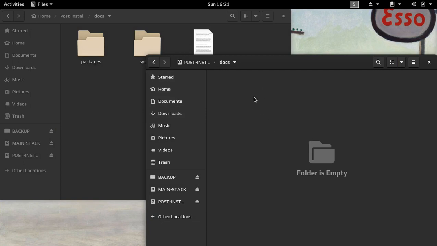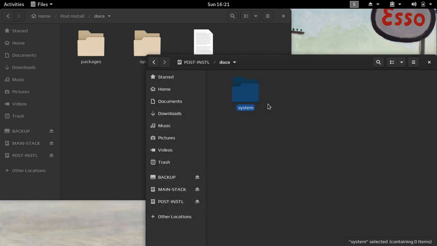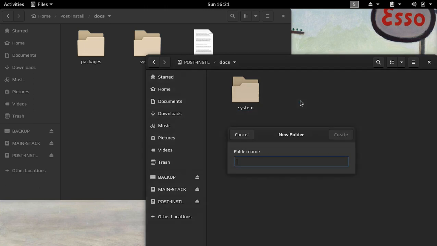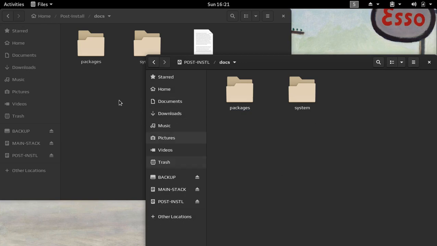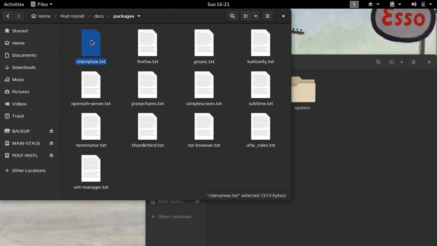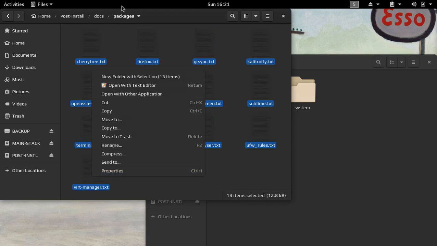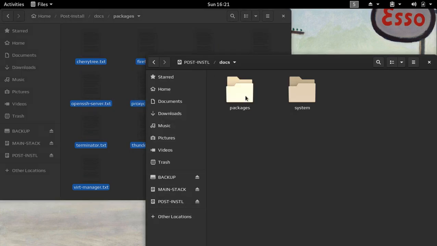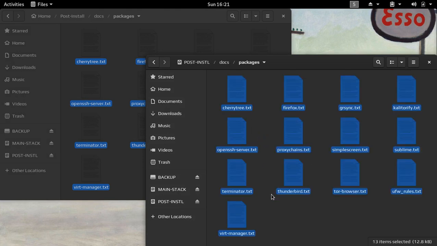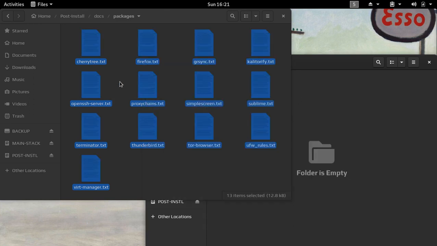So I think what I'm going to do is have one folder here for system stuff, and another one for packages, like that. And this would be all the documentation that I want for all the packages that I'm going to install, or just the ones that I need to keep notes for. So I'll just copy all that stuff and paste it in there. And then I'll do the same thing with system,